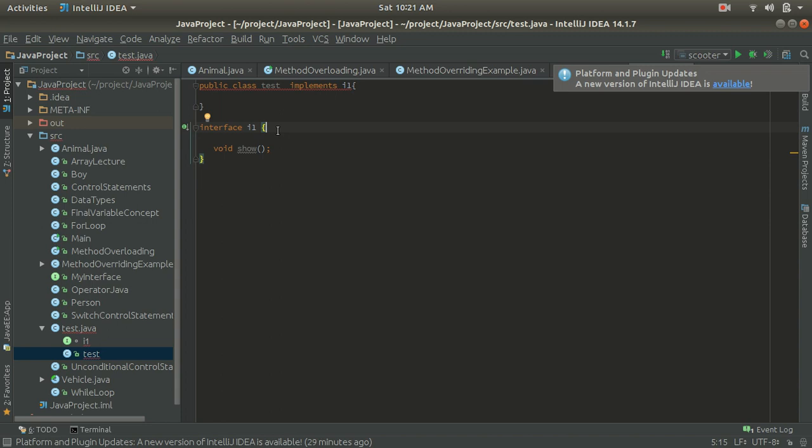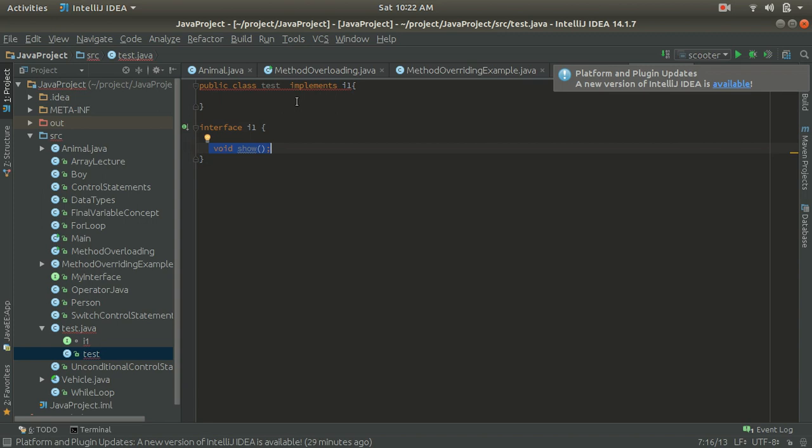And this is like the abstract class concept. If you remember, if we are implementing any abstract class to any class, then we have to override all the methods of that abstract class. So here I have told you that the interface is like an abstract class, and here you can see that we have an abstract method with the name show.